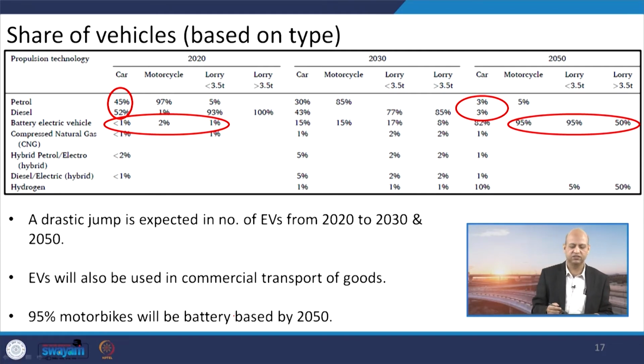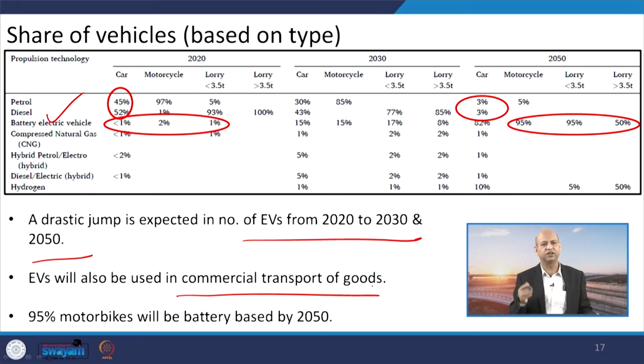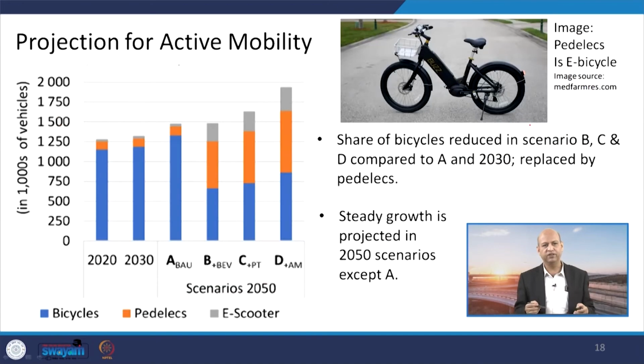When we see the share of different vehicles, a lot of values are there. You can see battery-operated vehicles, battery electric vehicles, in 2050 like 95% motorcycles, lorries 95%, right. So, those kinds of values mean a drastic jump, a quantum jump is there. So, EVs in 2022, 2030 and 2050 are more in number, and the commercial transport of goods is also operated by